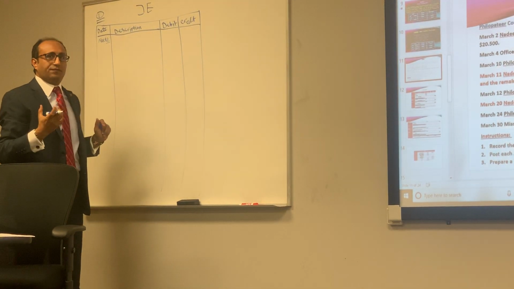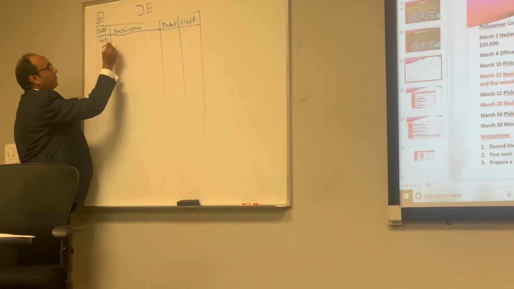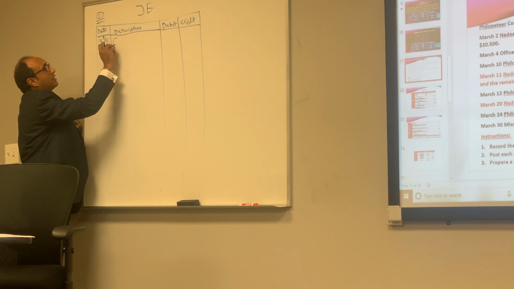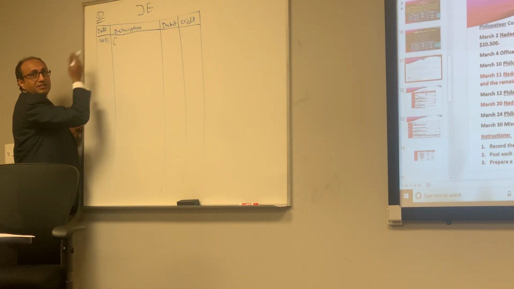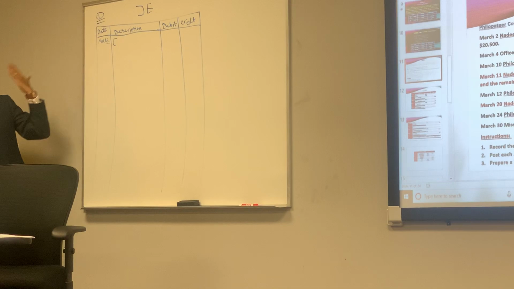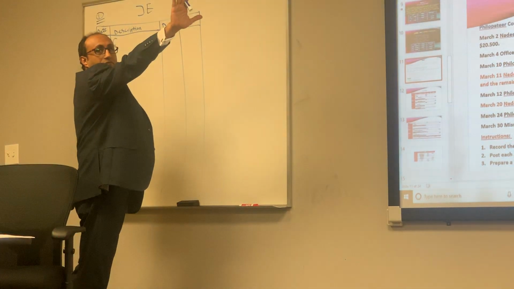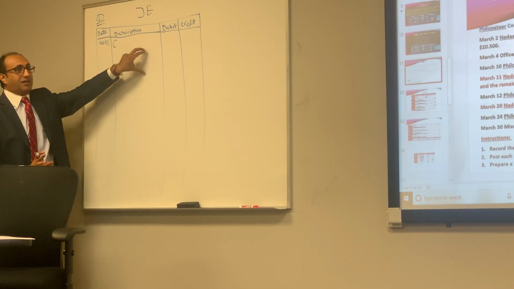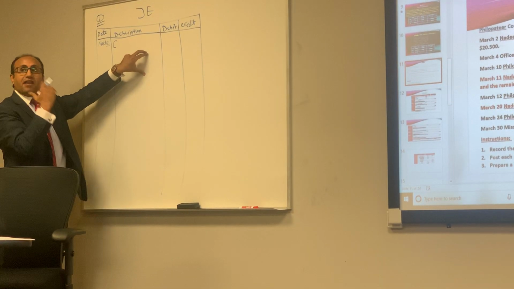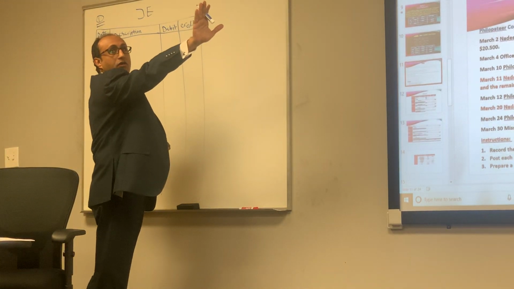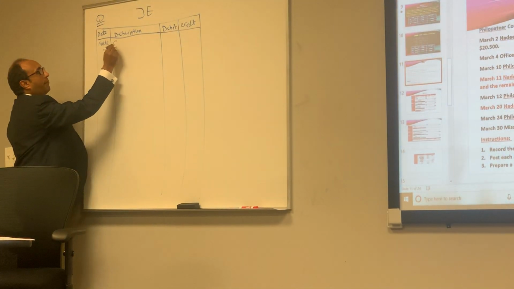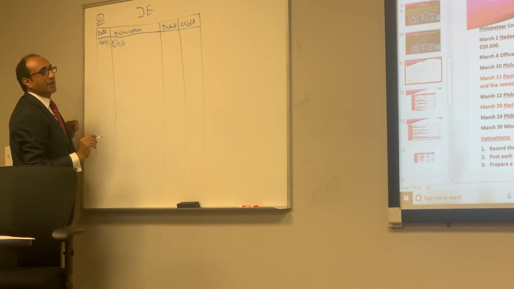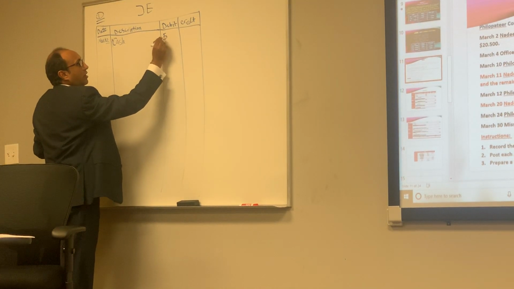Nadine received $50,000, so cash is going up. I start from the debit side, cash going up here on the left side. Debit side means left side, credit side means right side. So this transaction affects the debit side, left side, and another effect on the credit side, in the owner equity. So cash going up by $50,000,